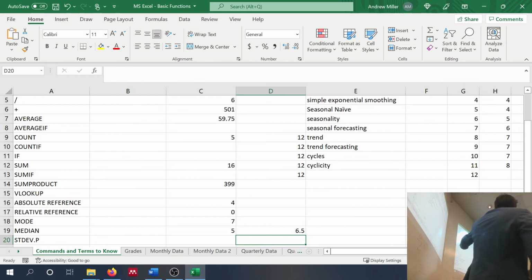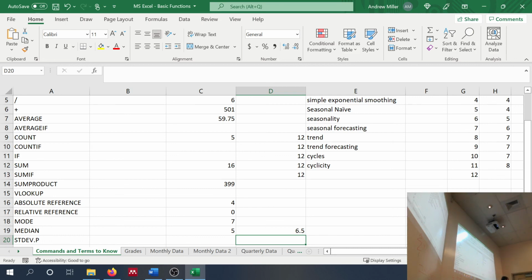Okay, next we have standard deviation, P and S. So the P stands for population. And the S stands for sample. For the most part, they're not going to have vastly different results. There's 1 degree of freedom difference. We're not going to cover degree of freedom or anything like that. You don't even have to worry about how standard deviation is calculated. Just understand that it's a measure of variance to show how varied the data is from the median point, basically.